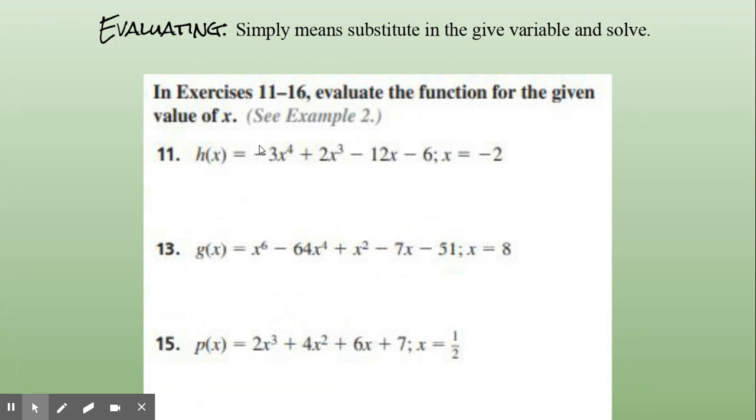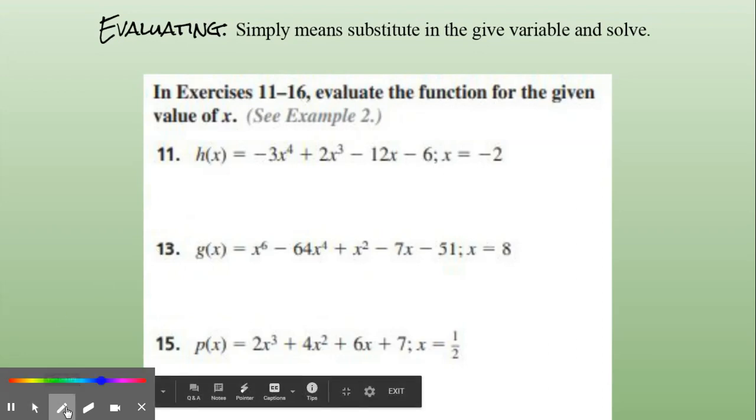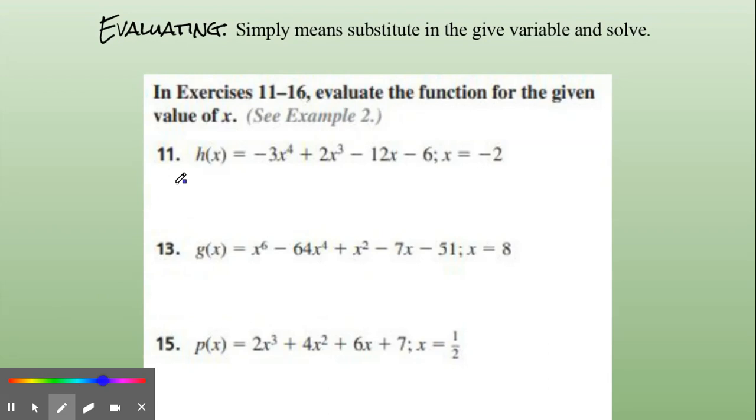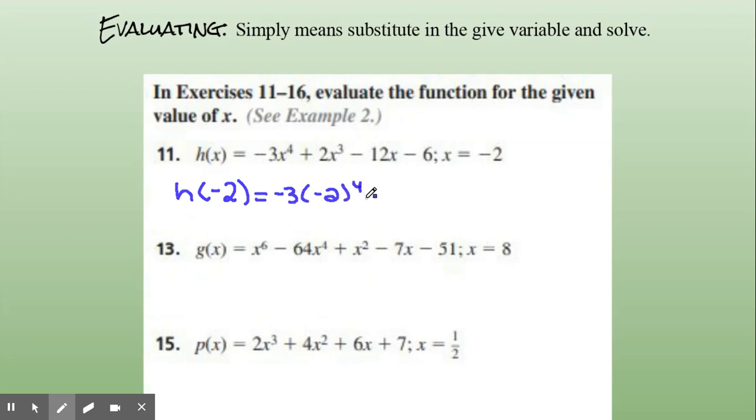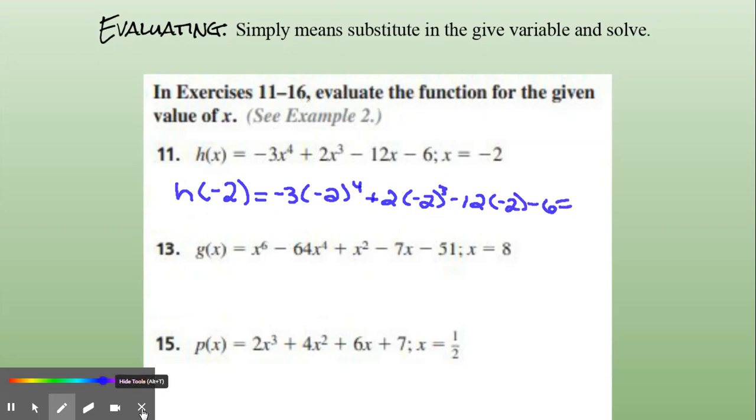Okay. Now, the last thing in this section is evaluating. All that means is you're simply going to substitute in the given variable and solve. So they're going to give you an x, you're going to plug it in, and you're going to put it in your calculator, and you're going to get the evaluation of the function at that point. Just make sure that when you write it down, you write it in your function notation. So you're substituting -2 in for your x. Okay, and then you would proceed and put that in your calculator and come up with a value. I'm not going to go through that all right now, but that is basically what you're doing and finding out what it equals. Okay, so that is all part 1